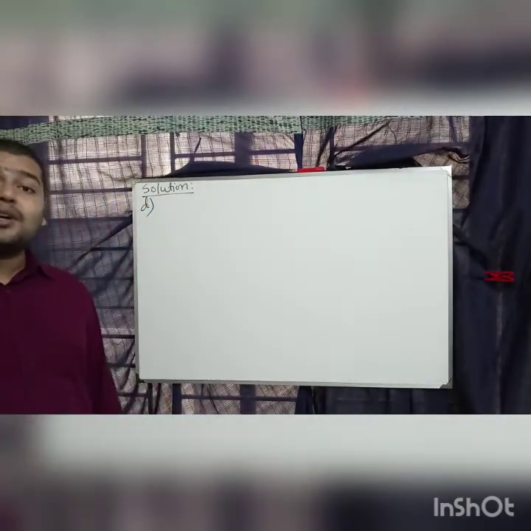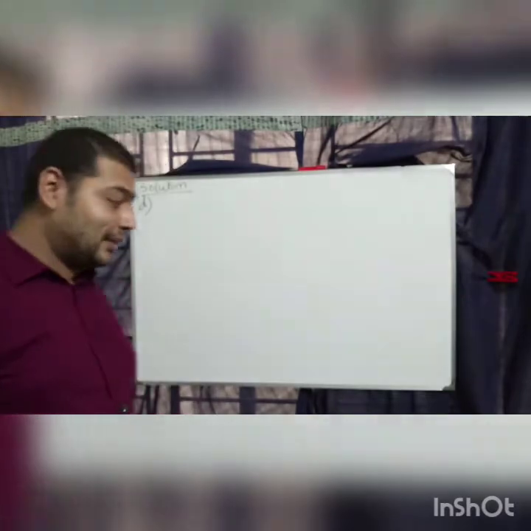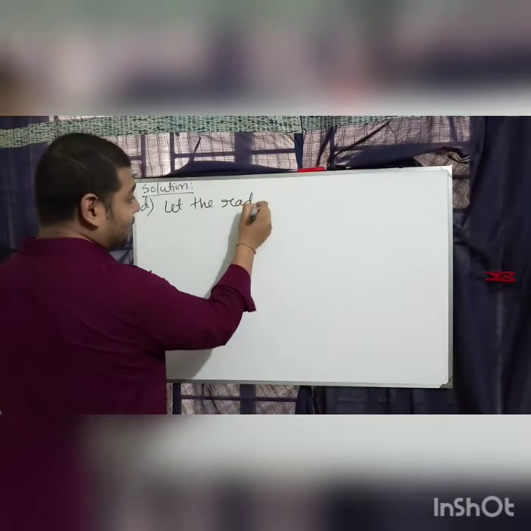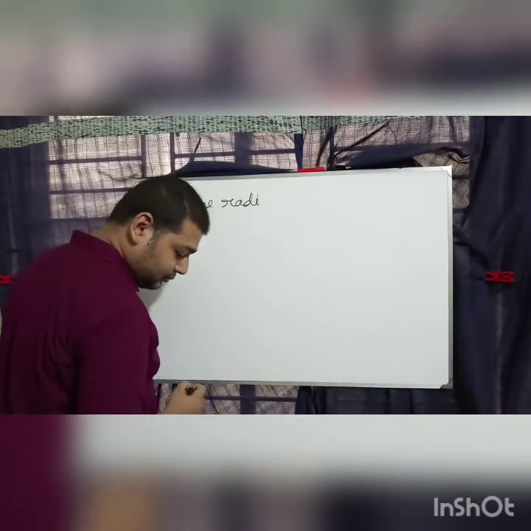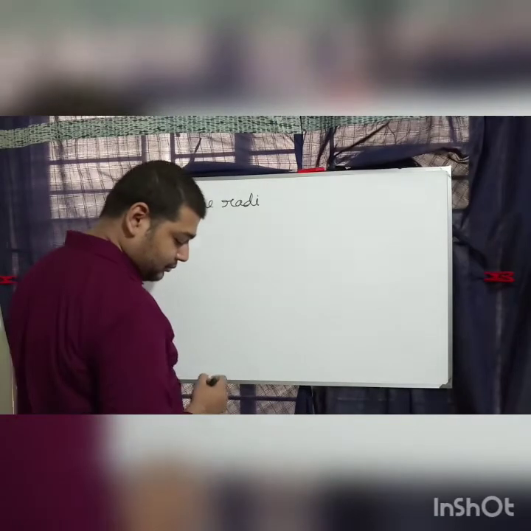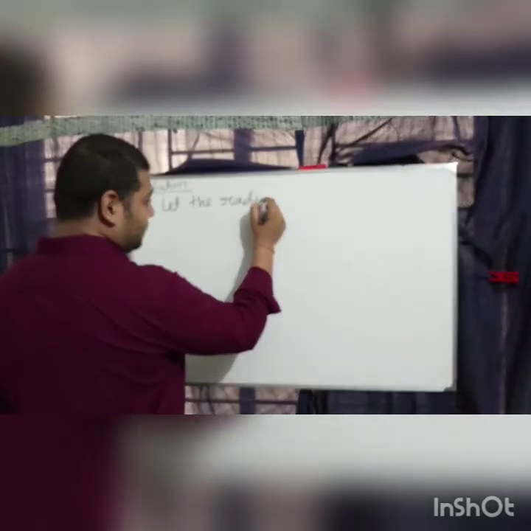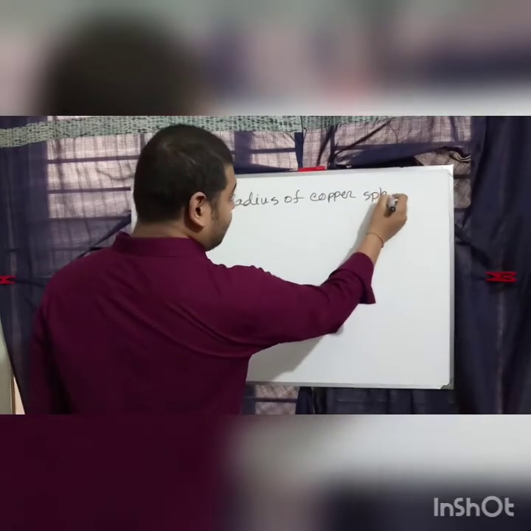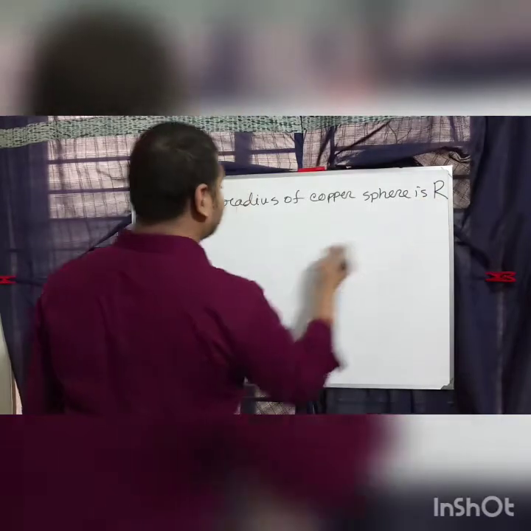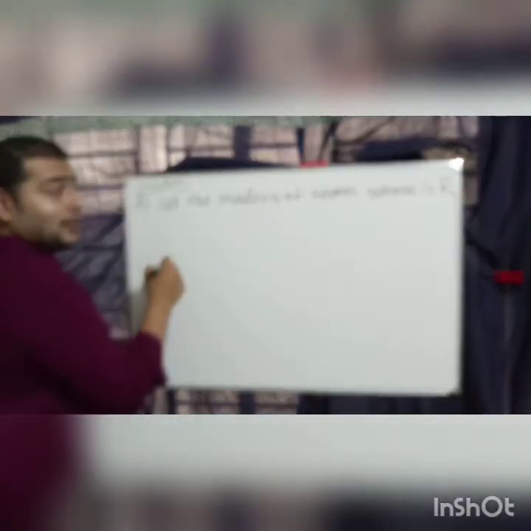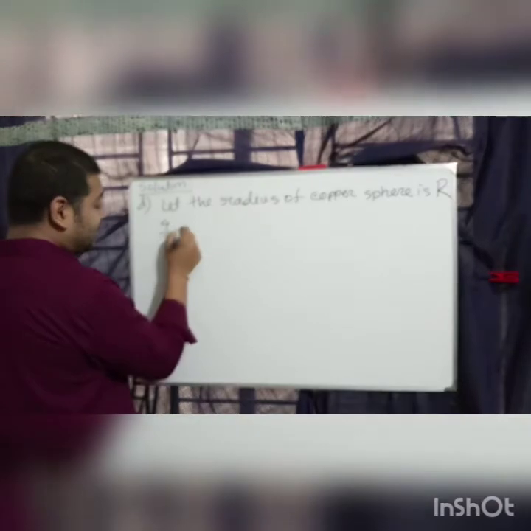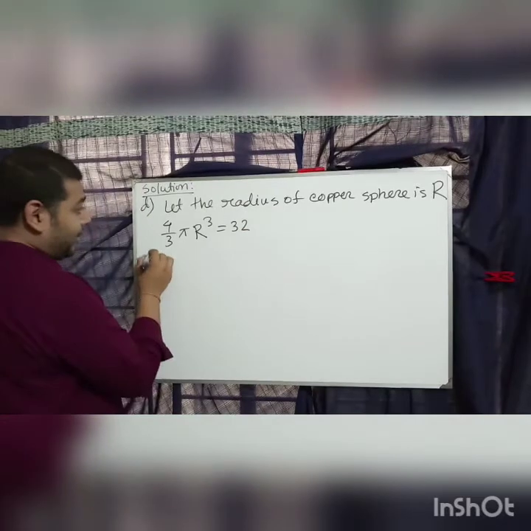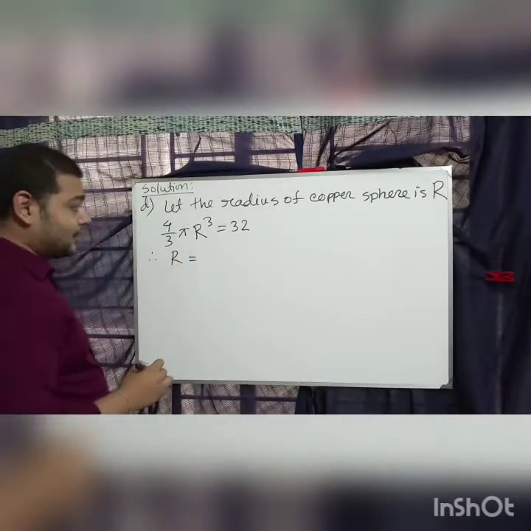So let the radius of the copper sphere be capital R. We can write 4 by 3 pi R cube equal to 32. By calculating,